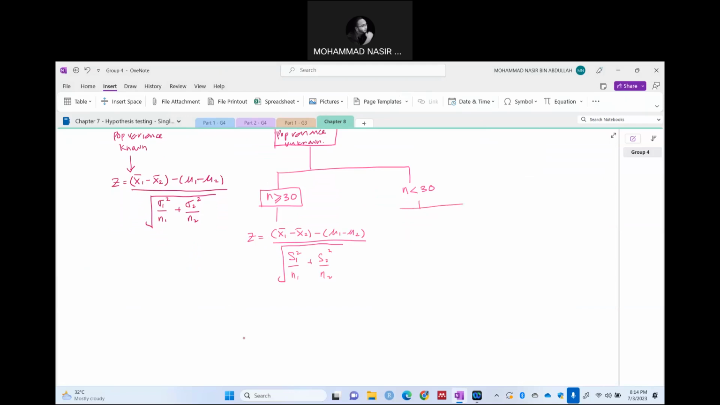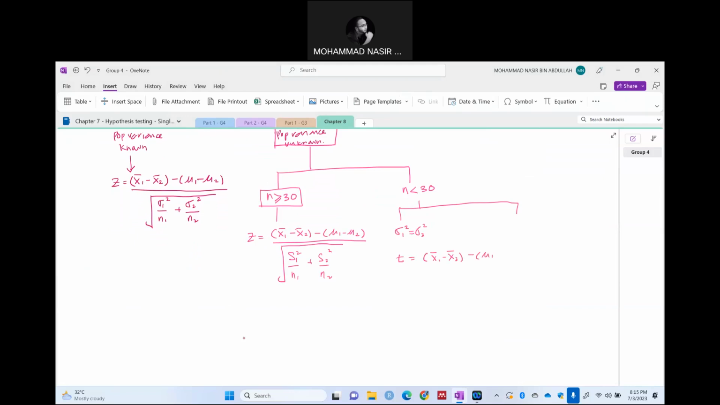So of course, if you still remember, if less than 30 and less than 30, we will use T distribution. So in this case, let's say we assume population variance equal, right? So we're going to use T distribution, which is T equal to x bar 1 minus x bar 2